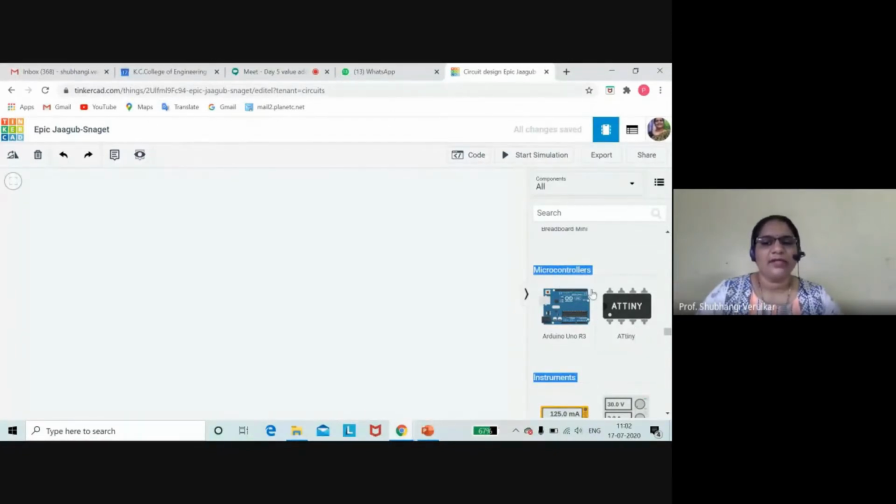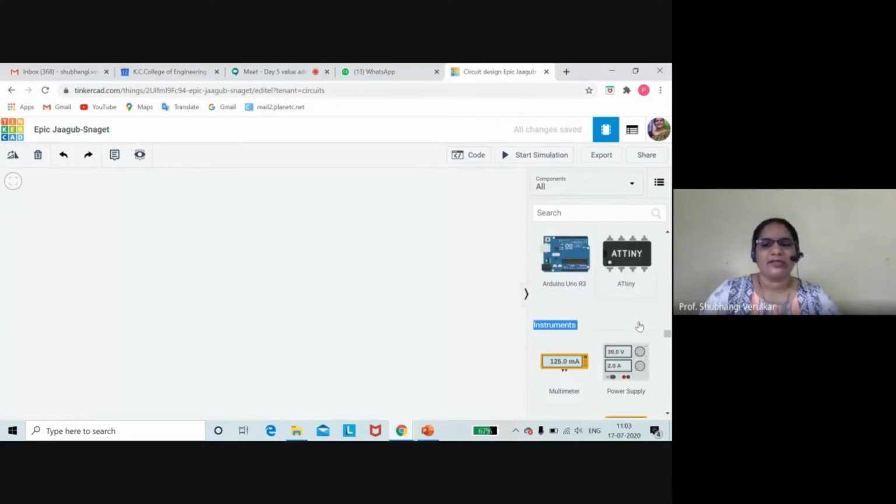Microcontroller, this Arduino board prices, if you are purchasing original, the original price is near about 1400 to 1500, and if you are using a pirated copy available in the market, that is 450 or 400. But this ATtiny microcontroller will work similar to this. The microcontroller is present here, and its price is only 80 rupees. So if you want to make your project cost effective, then you can choose this microcontroller also. You can do a trial here. If you feel confident, then you can prefer to use this also in your project.